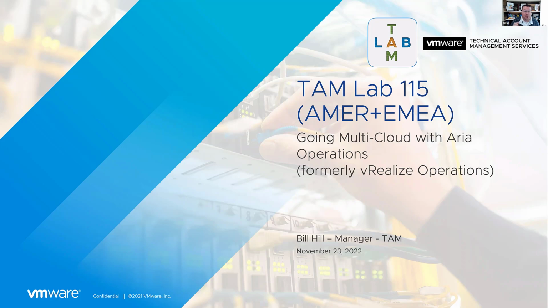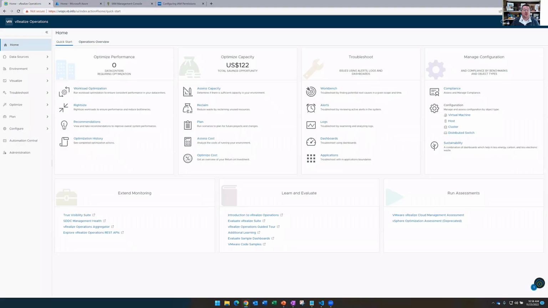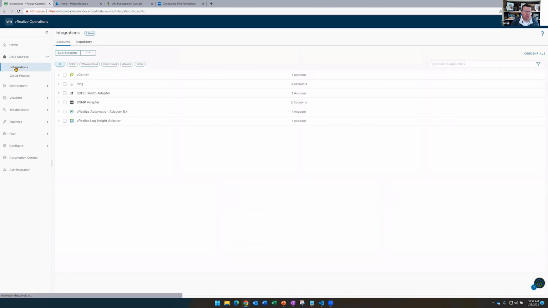So let's jump right in to Aria Operations and take a look at what that looks like. All right, so we're logged in here. This is version 8.10 of Aria Operations, again, formerly vRealize Operations. You'll see that here. Aria Operations has the ability to integrate with a number of sources. The traditional one is going to be vSphere, but if we take a look at all of our different options,